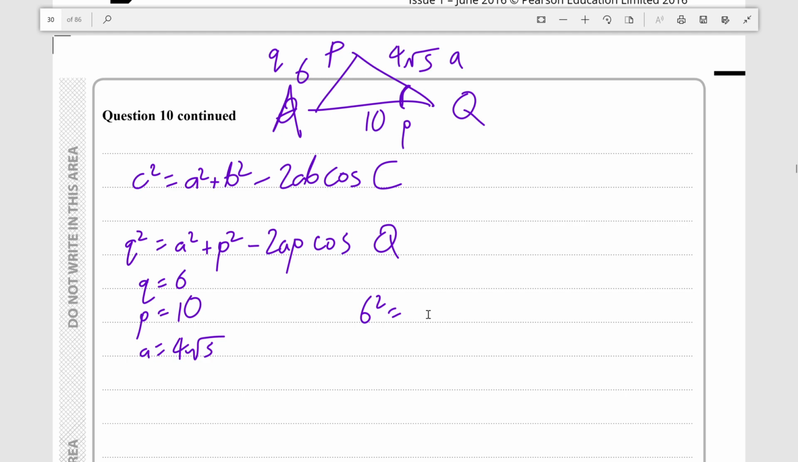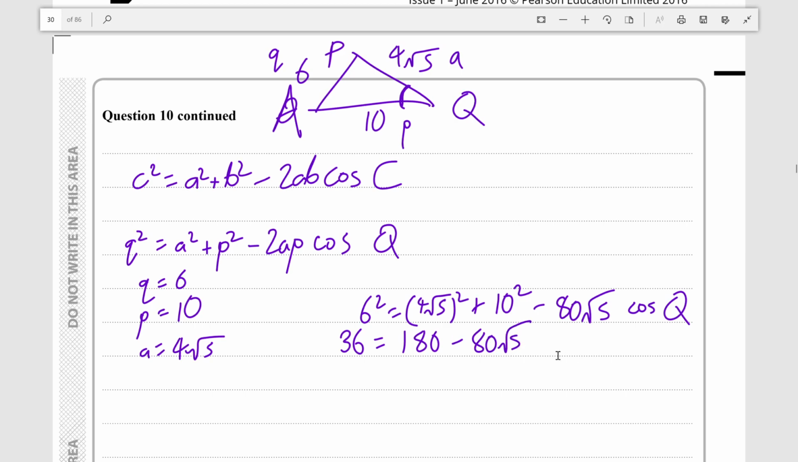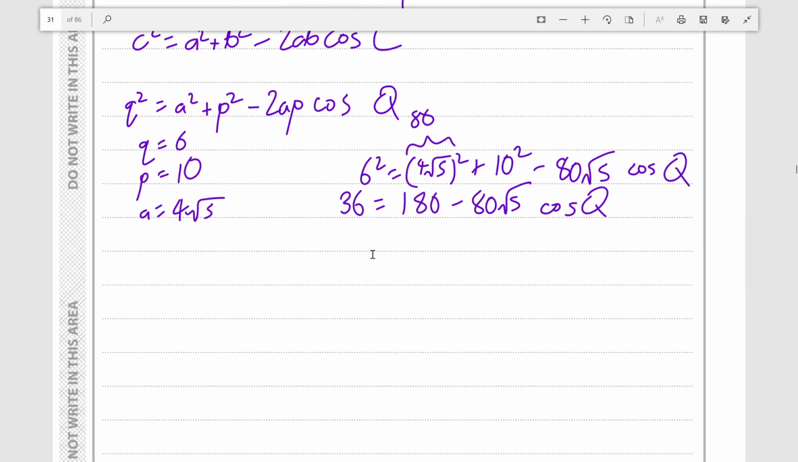6 squared is equal to the square of 4 root 5, so that's 4 root 5 squared, which is going to be 80, plus p squared, minus 2 times a times p, so that would be 2 times 4 root 5 times 10, or 80 root 5, so minus 80 root 5 cosine q. So 36 is equal to 180 minus 80 root 5 cosine q, because this is equal to 80 and this is equal to 100, so obviously they add up to 180. And then